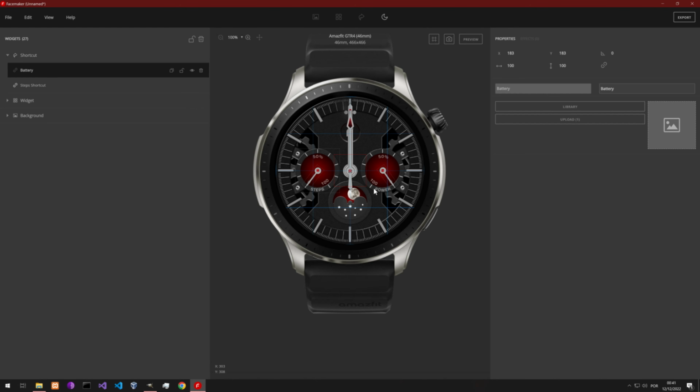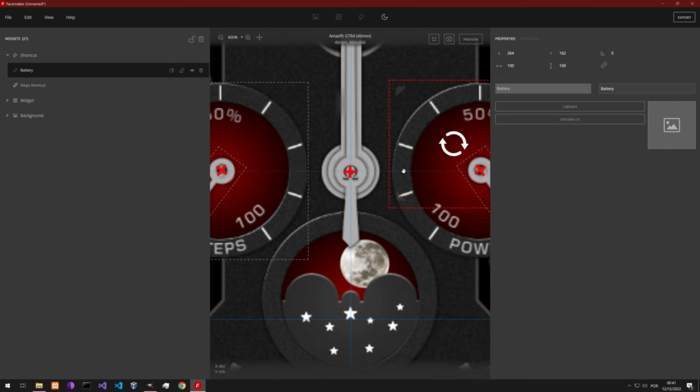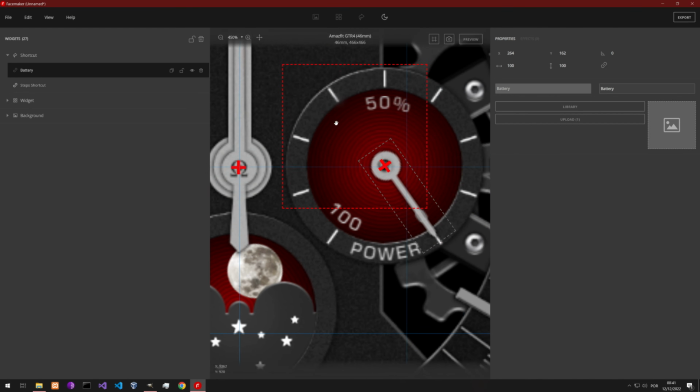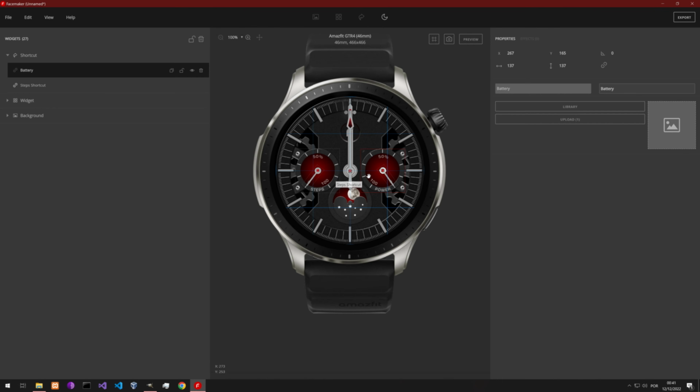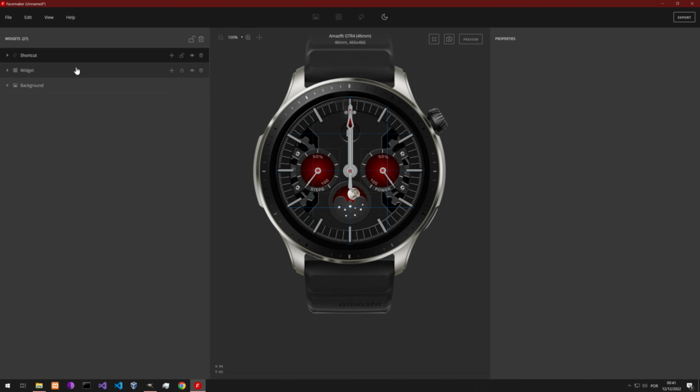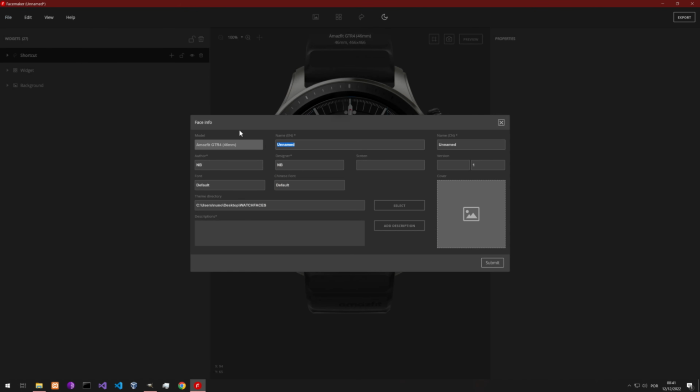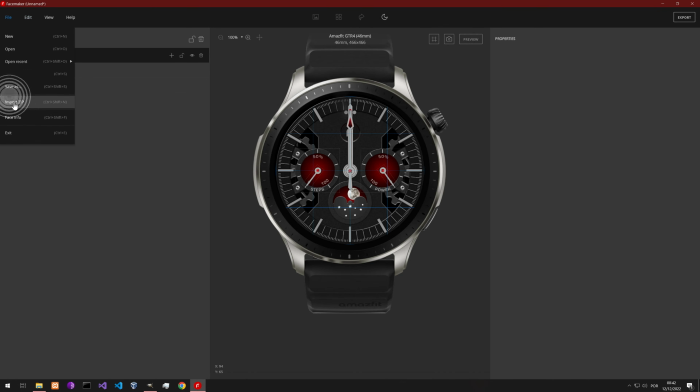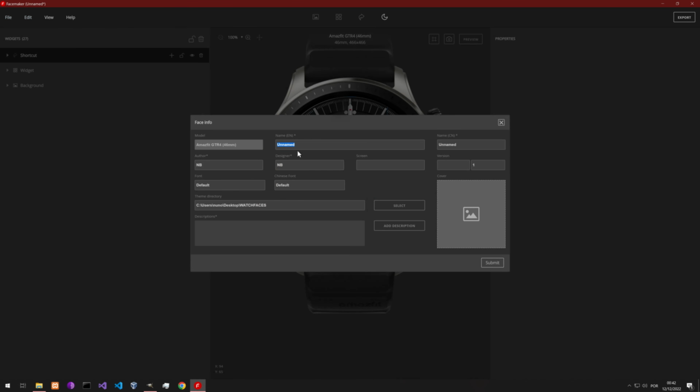So now the battery shortcut also. Let's resize and place it correctly. Something like this. And the shortcuts are done. And now, oh, by the way, you should never do this, which is to have a fully developed watch face without naming it and saving it, okay? So I'm going into the file face info and give it a name. So this one is,